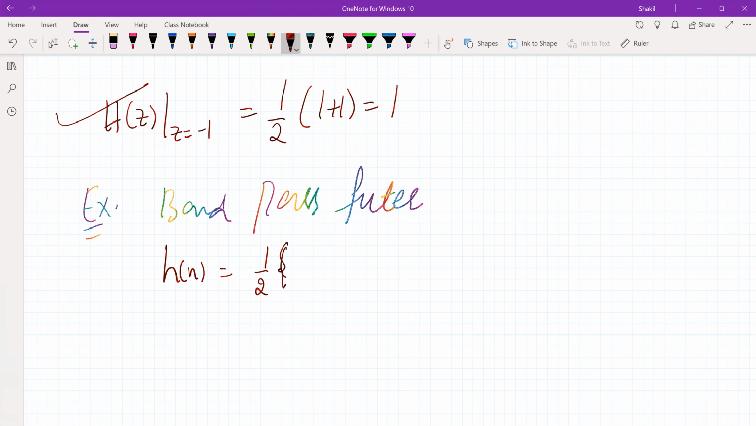Let me, if I remember, 1 comma 0 comma minus 1. Please check it. Please check whether this is band pass. Alright. Please verify it yourself. And similarly, the example of band stop